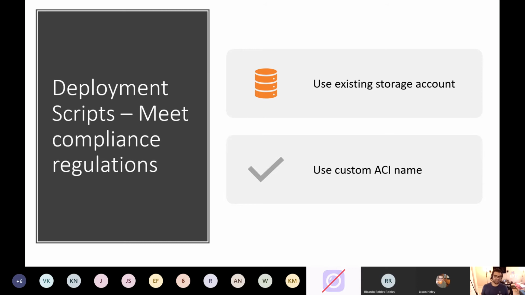Hopefully we just run a bunch of tests. We have a bunch of monitoring and everything that we just account for this not to happen. For using a custom ACI name, that's